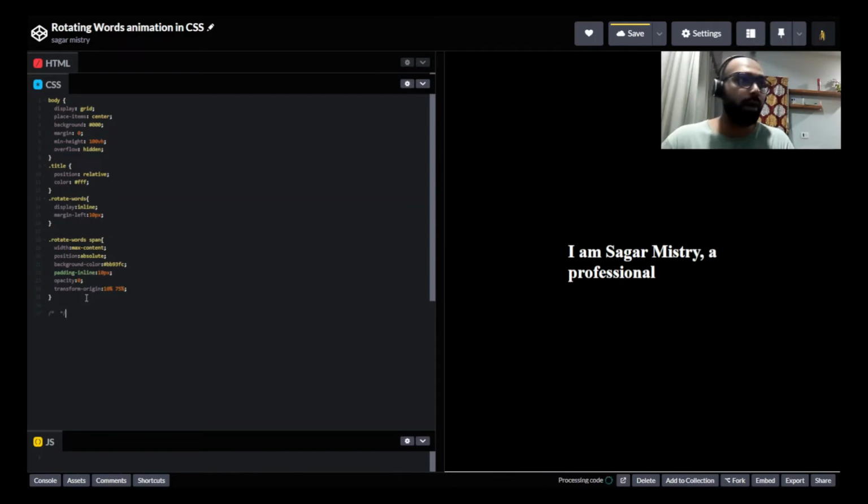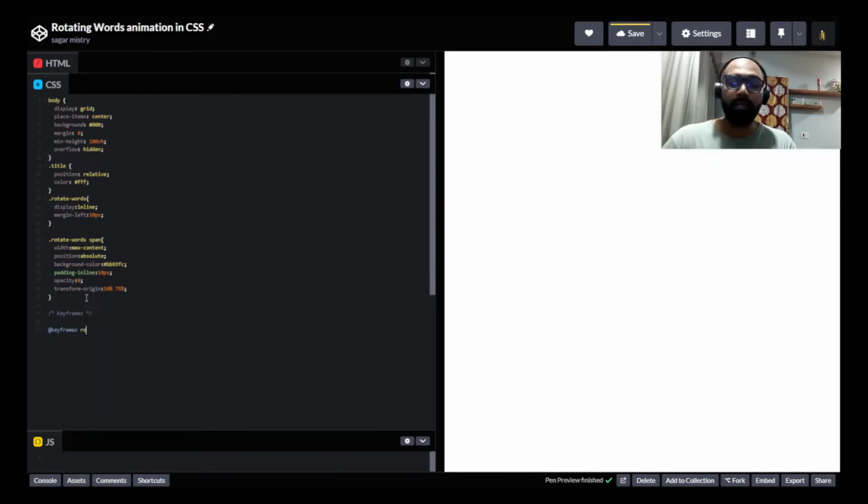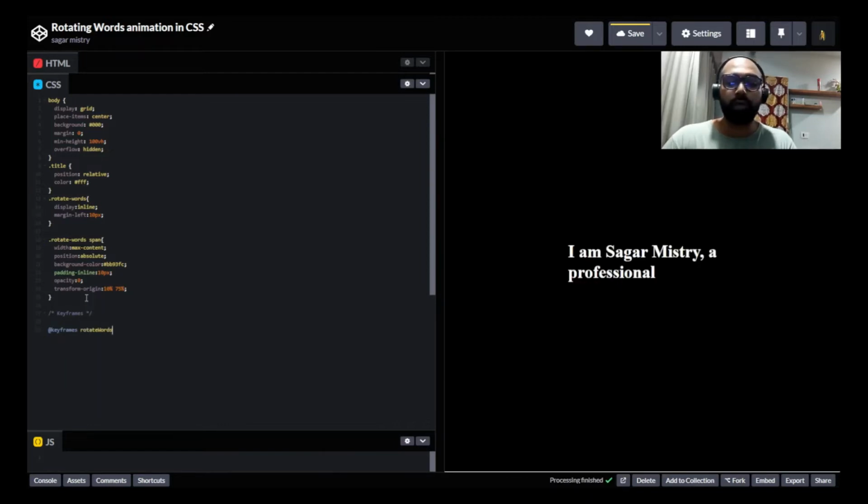You know how we can do animations in CSS, with keyframes. So we will add keyframes, and in that I will add some rotate words here, in camel case. And after that, we will go with the positions: 5% or 10%, 20%, and 50%, and 25%. We can say not up to 100%. So I'm just going up to